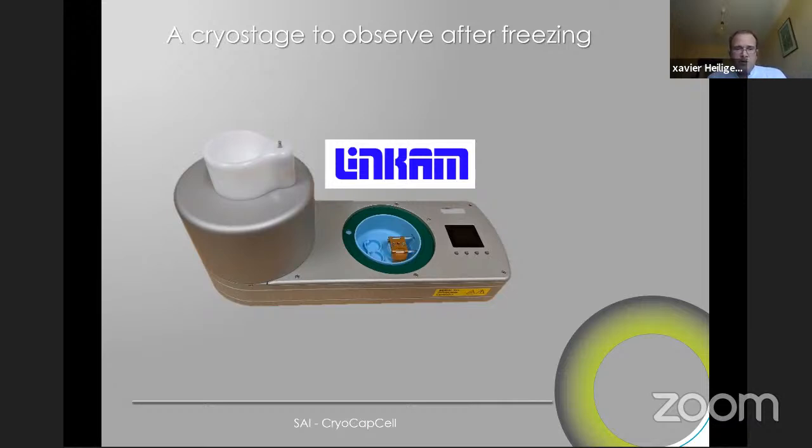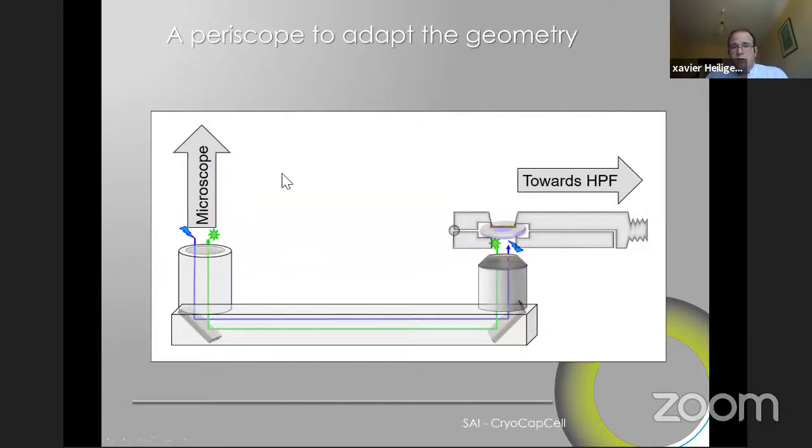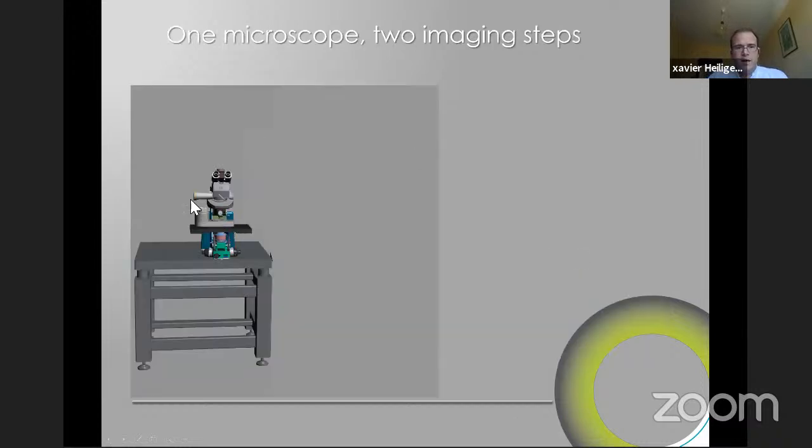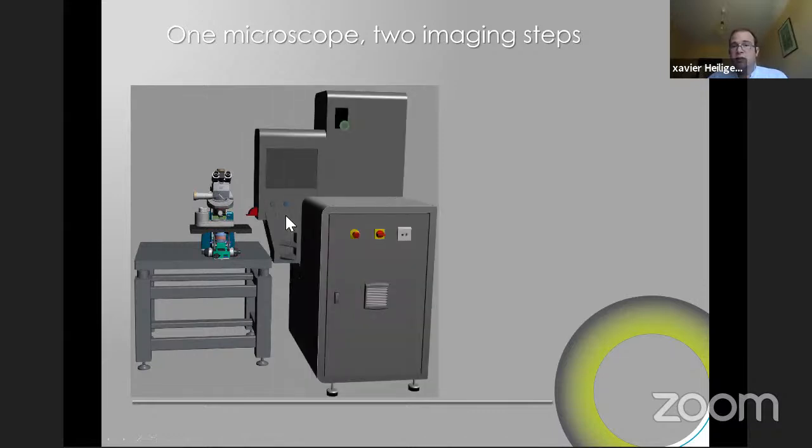But if you remember in my previous presentation, I presented something with an inverted microscope, meaning that you would need to have two microscopes to do your full cryo-CLEM workflow, which is kind of an efficient way of spending money. So one of the ideas was to use an inverting arm that would just transform an upright microscope into an inverted microscope and vice versa. These periscope technologies exist, and basically you would transform an upright microscope, in that example, into an inverted microscope. So a microscope equipped with a cryo stage could be sitting just next to an HPM.